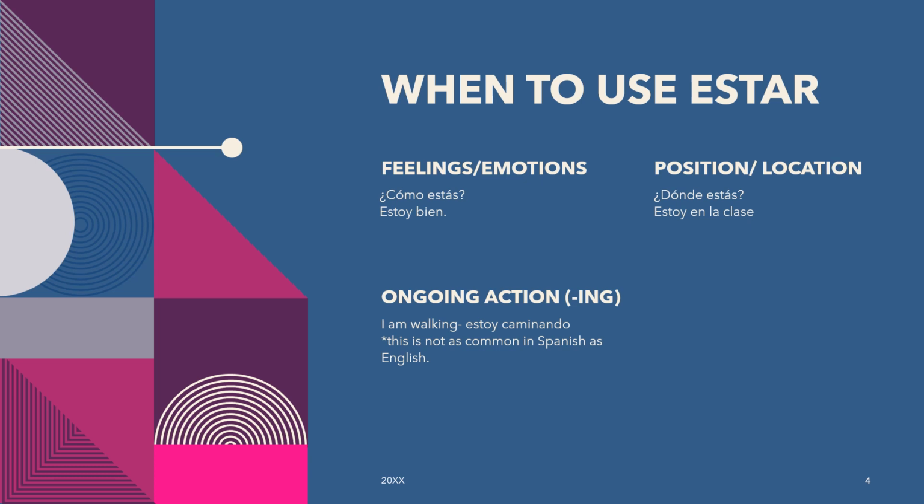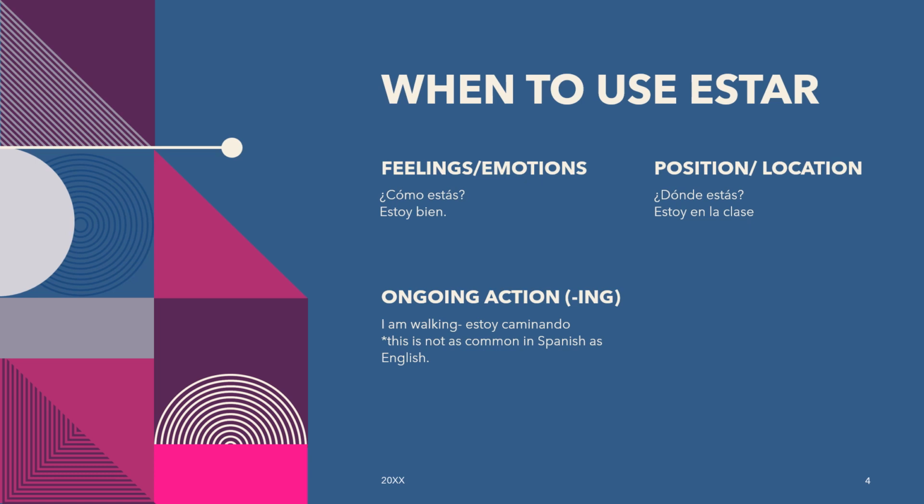All right, finally, when do we use estar? Like I said, there are different words meaning to be. We use tener in some senses. Tener means to have, but if we say I am cold or I am hungry, that's going to be tener. The other popular, and only other, verb meaning to be is ser.